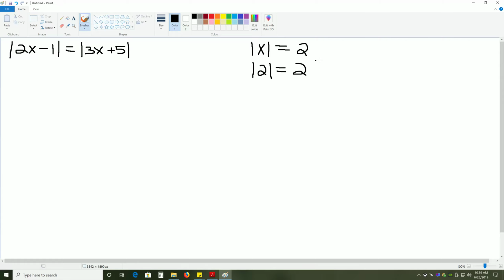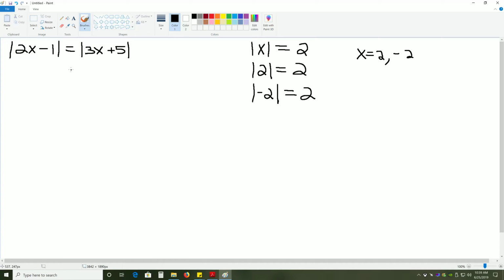So that would work. X can equal 2. Likewise, if we did the absolute value of negative 2, that would still equal 2. So x equals 2 and negative 2 would solve this original problem we started with,